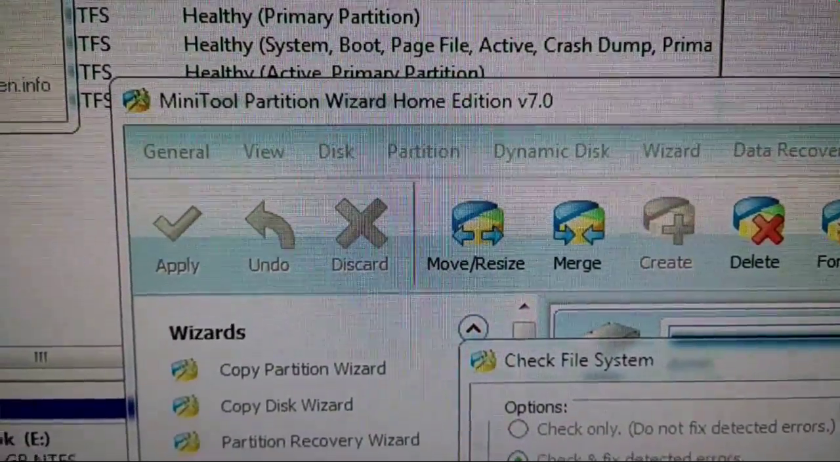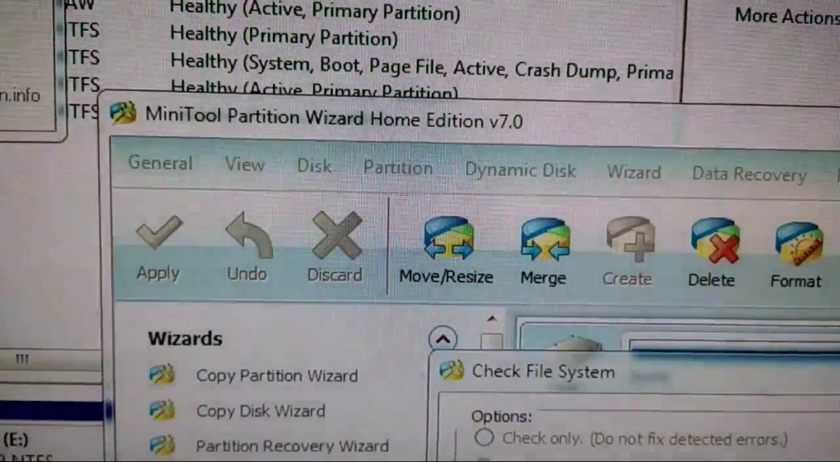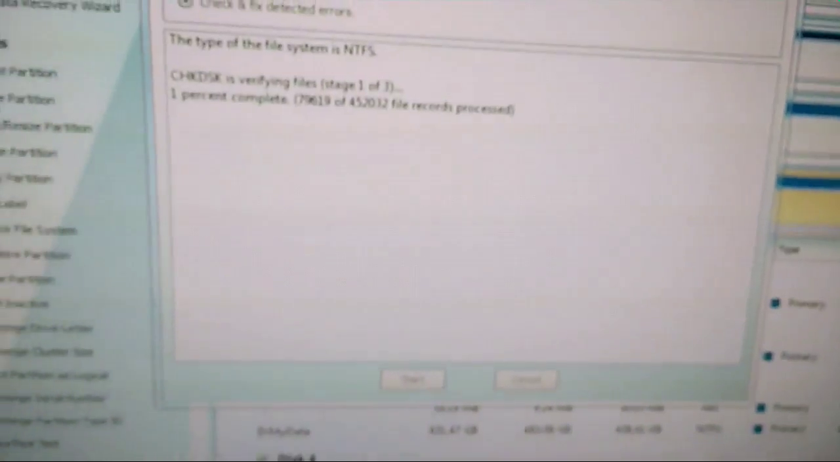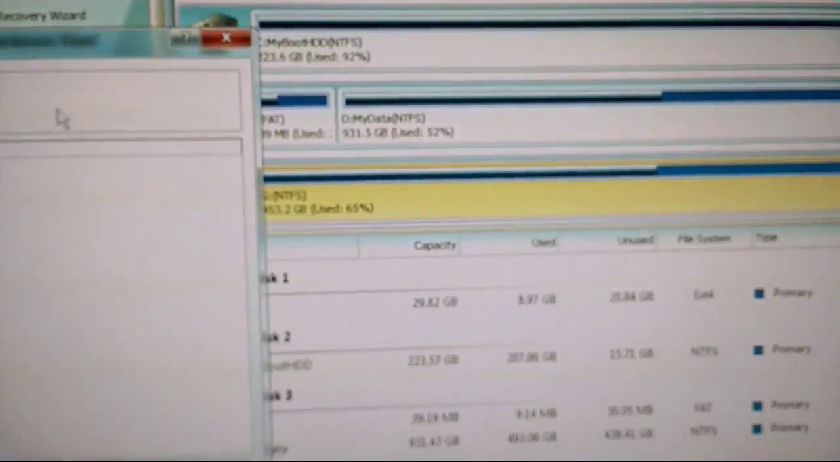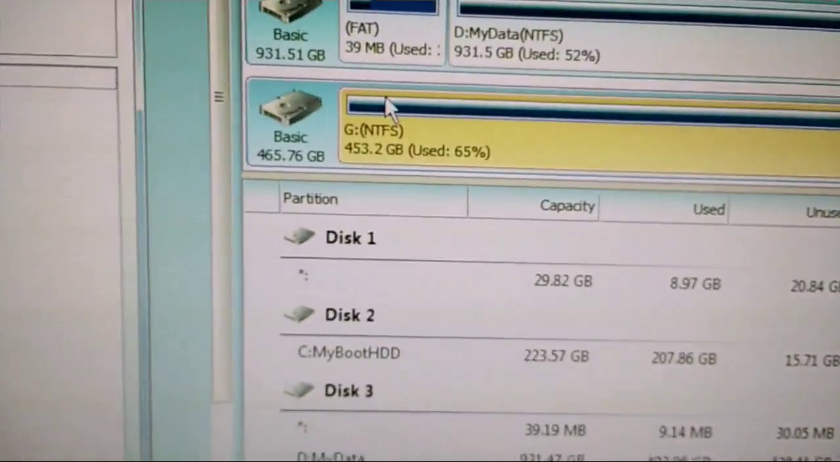So this tool here is MiniTool Partition Wizard, which is free. You should be able to find that online. And basically, you're going to go here and find your partition. Let me see if this is going to let me move this around. Exactly. So we're on this partition right here, G,